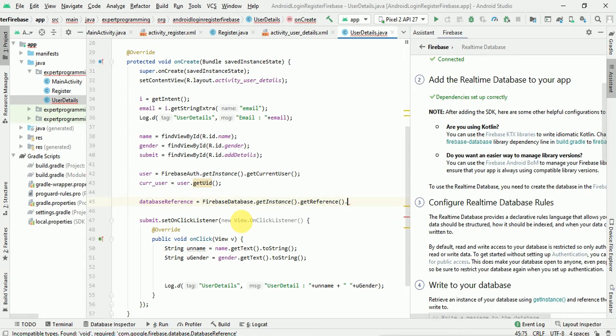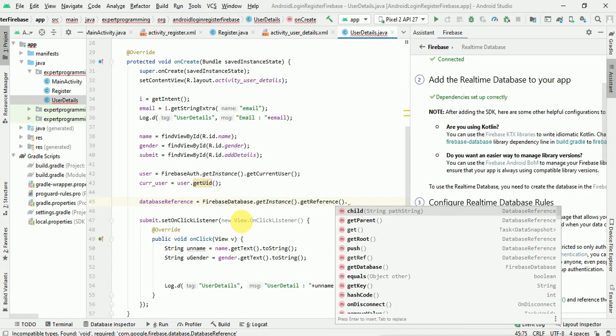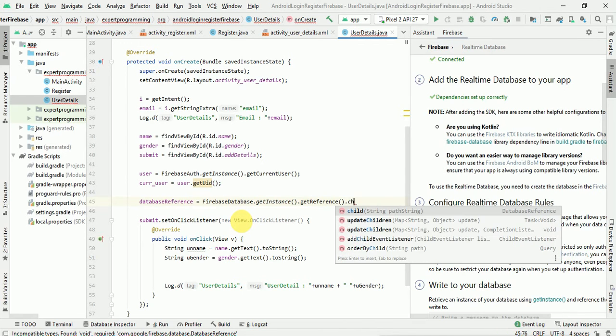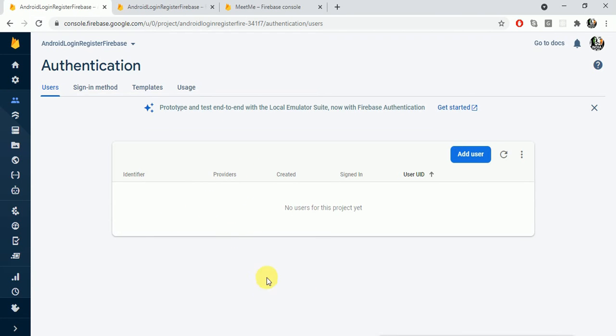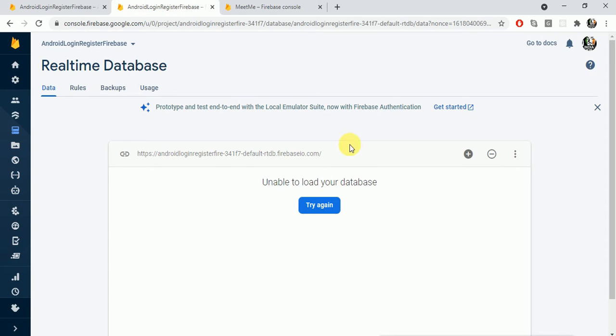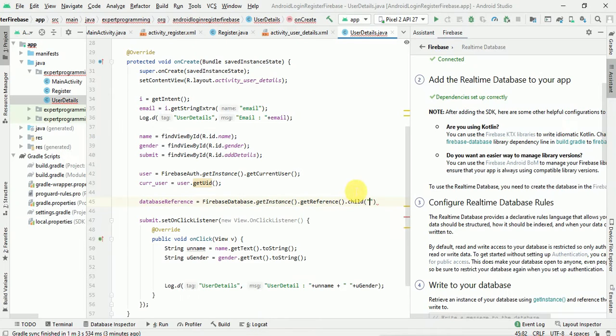Now we need the database name, the table name. So we will give it as a child and we will give the table name. If it does not exist, then it will be created automatically when we give this. Otherwise we can use the existing one also. So I don't have any database. If you see over here, I don't have any user currently, and I don't have any database also. So let's give the database as user, so it will store the user details.